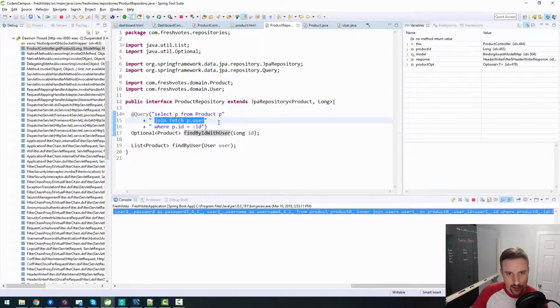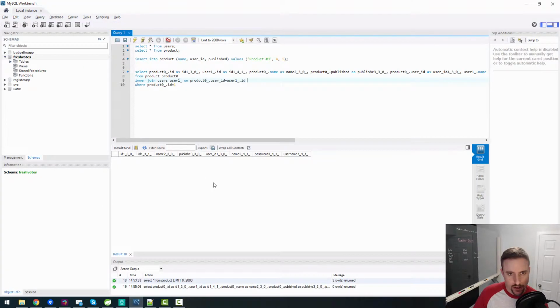Join fetch p.user, which resolves into an inner join. I'm feeling like the inner join is what's messing stuff up. Product user ID is equal to user.id,